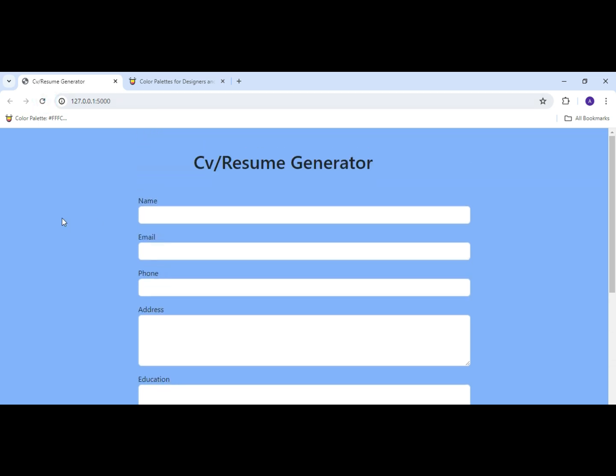So this is a preview of our CV or resume generator that we are going to create in this project, and let's see how it works. So this is a preview. Let me fill in some dummy information like the name, email, phone, address. So this is my address, and